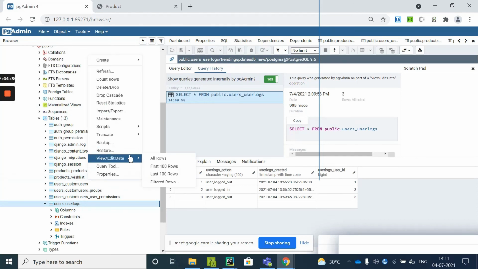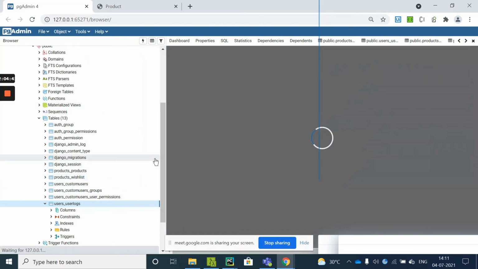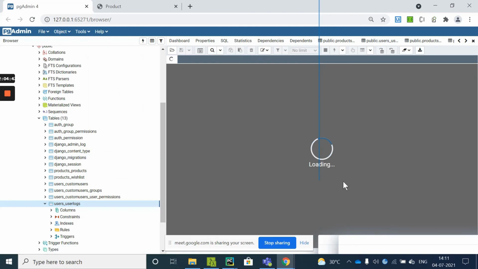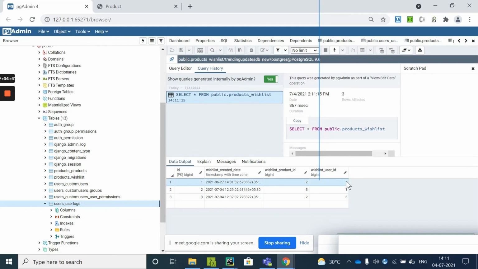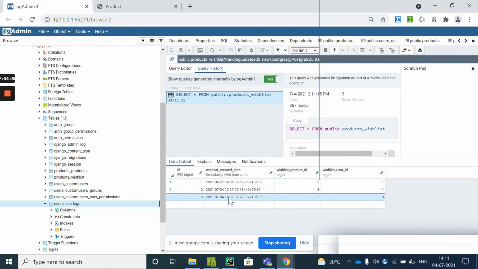go to the wish list and check whether the model has. Yes, it is adding the product, but there is something wrong in the code.